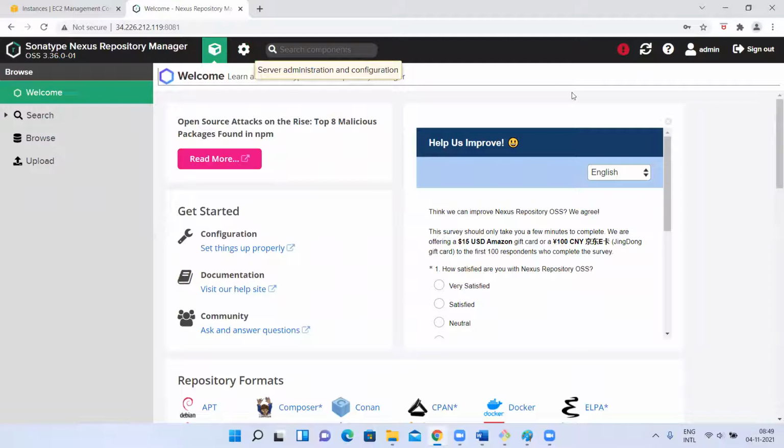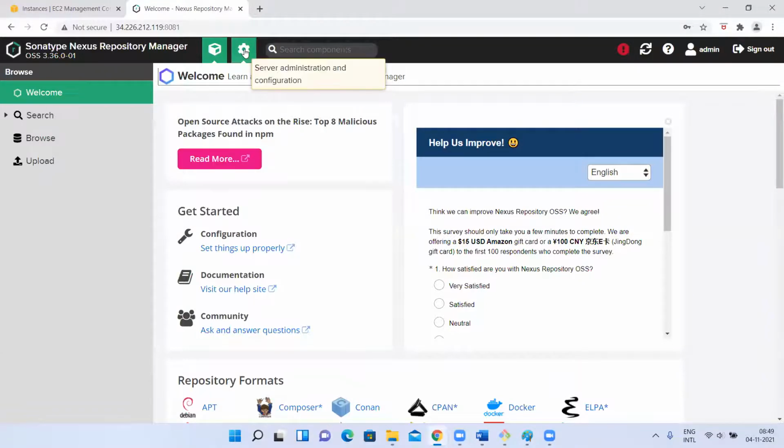Okay, and remember one thing, now I logged in as an admin user. This is the initial admin user, meaning this is the initial user we created at the start, while configuring this Nexus, right? So as of now, we have only one user, that is the admin user. Next, if we want to create some other user with restricted privileges, we can create. Same like Jenkins, initially we'll have an admin user there, then after that we'll create different users with different permissions, right? We can do it like that. For now, remember, I have only the admin user logged in.